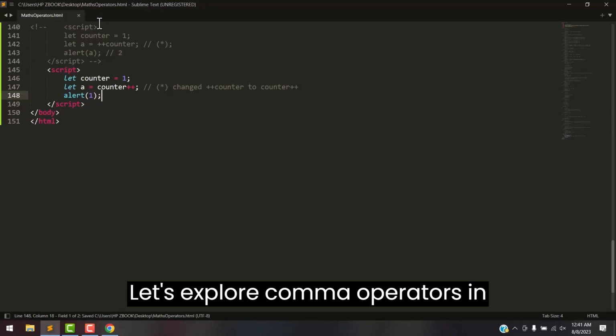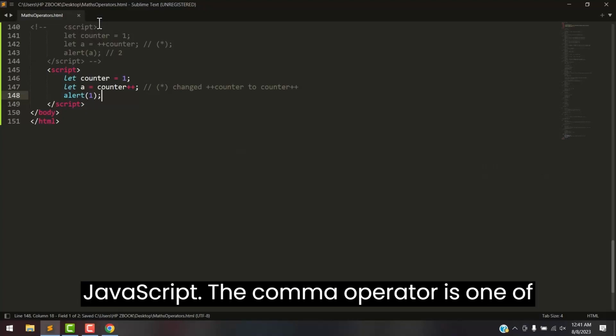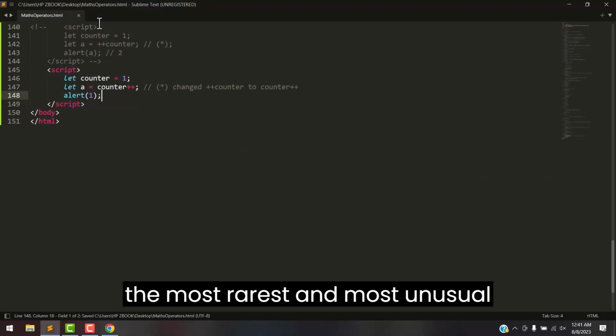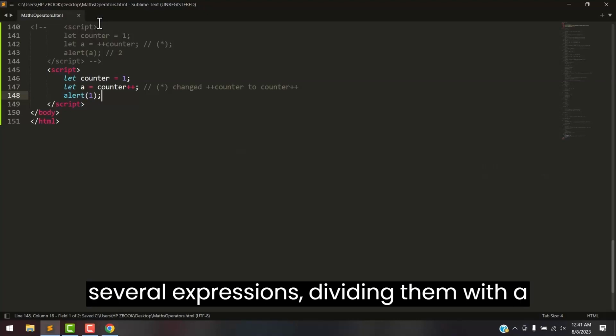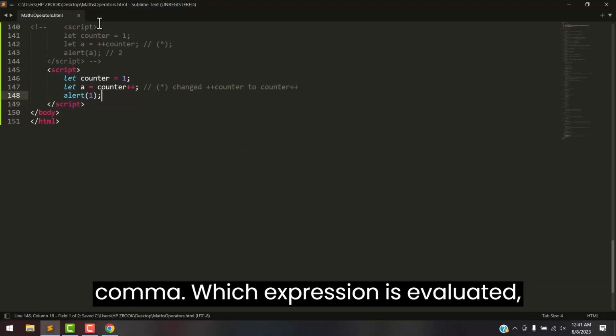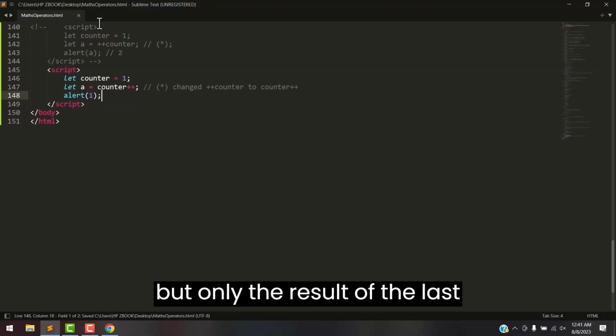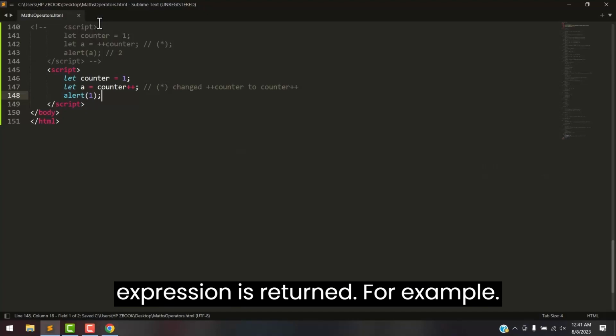Let's explore the comma operator in JavaScript. The comma operator is one of the rarest and most unusual operators. It allows us to evaluate several expressions, dividing them with a comma. Each expression is evaluated, but only the result of the last expression is returned. For example,